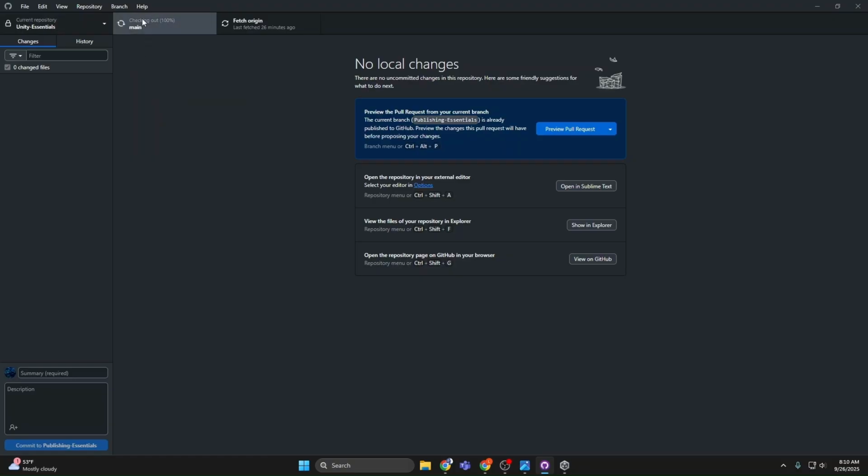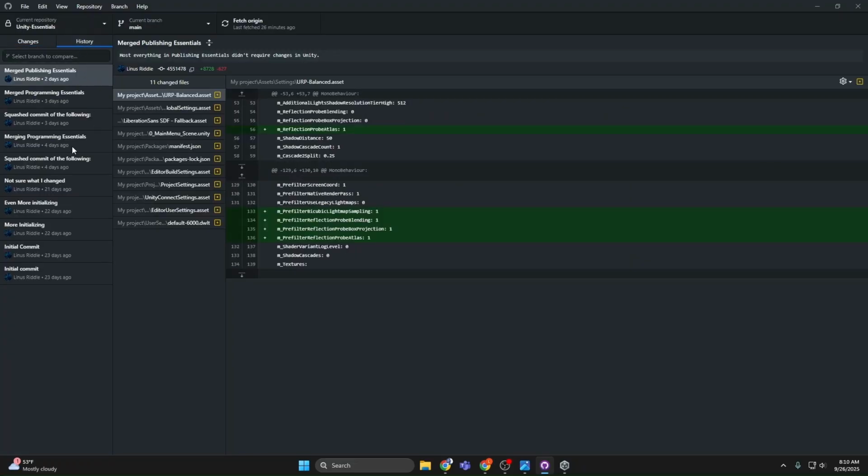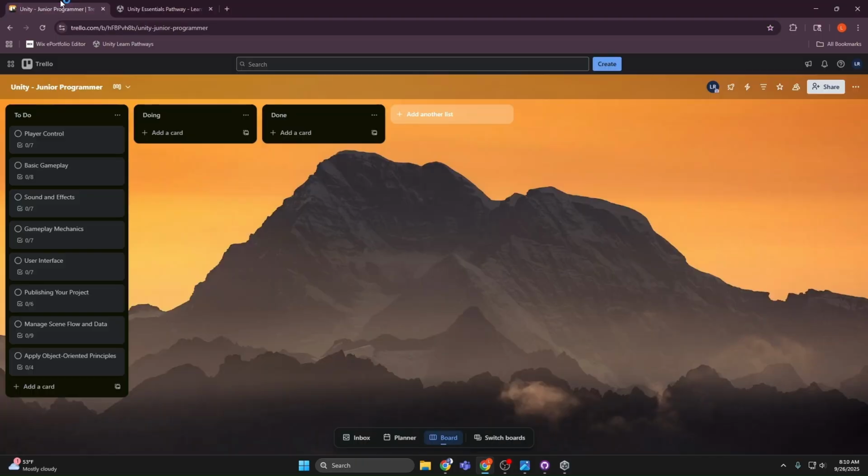For some reason, I couldn't merge into the publishing essentials. So here on the main, I just merged all my other branches. So Squash is also merged. It's just moving it into one commit for all of the different changes and everything, rather than showing each and every commit on the main. So here, I merged all these different branches, like my programming and everything. And in my publishing essentials branch, here,